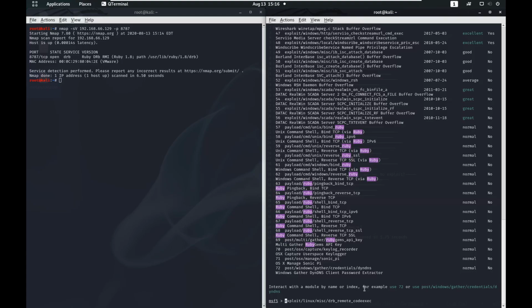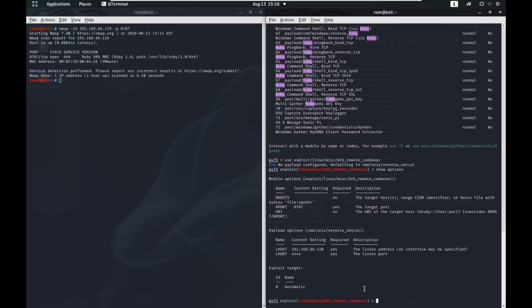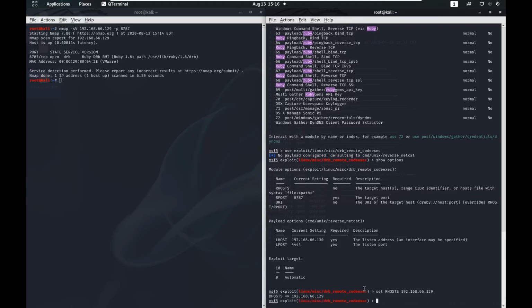And so we'll just go ahead and say use that. Show which options we have here. Okay. Set our hosts to our virtual machine. It already has our port set correctly. We have a Unix reverse netcat as the payload. I'm going to change that. Set payload to